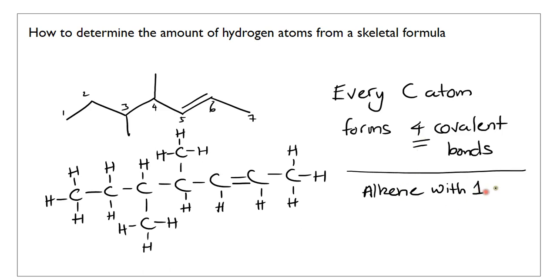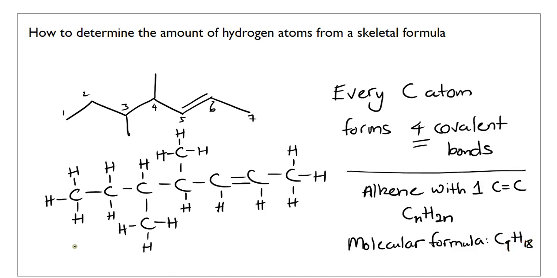So if you have an alkene with one C=C double bond, the general formula is CnH2n. So if you count the number of carbon atoms, not the ones in the longest chain, but all of the carbon atoms, the number of hydrogen atoms should be double that. So I have 9 carbon atoms in this molecule, and so the molecular formula of this molecule is